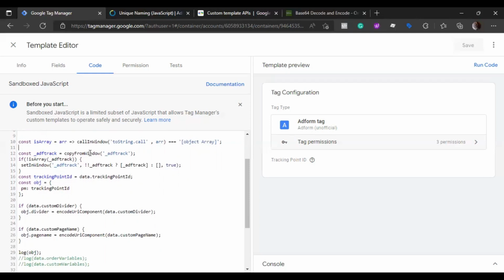And then we are copying the value from the window. Whatever value of ADF track is there in the window, we are copying it, and we are checking: is ADF track an array? And if it is not an array, then we are telling it to set a global variable in window with the name ADF track. And before specifying the value, we are checking